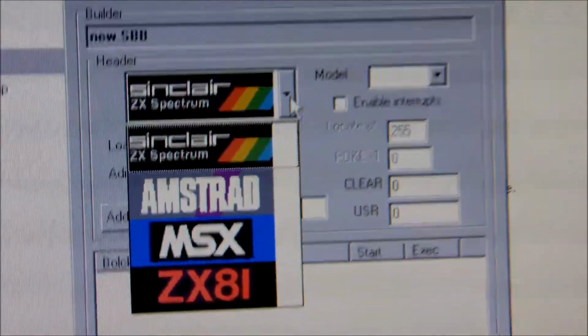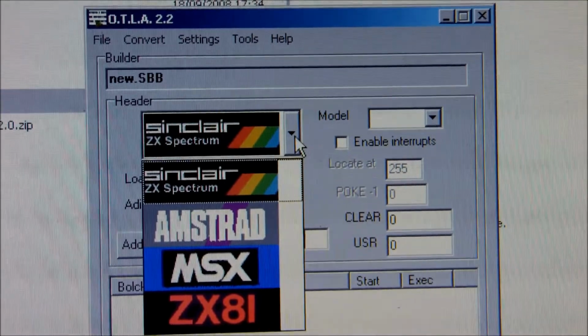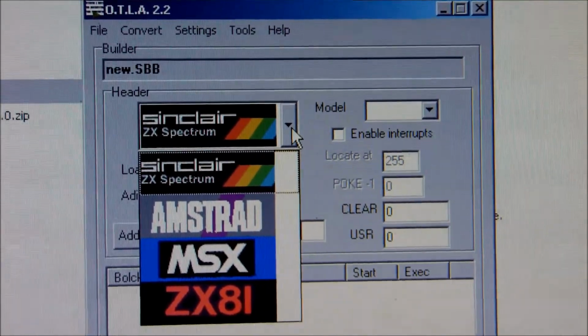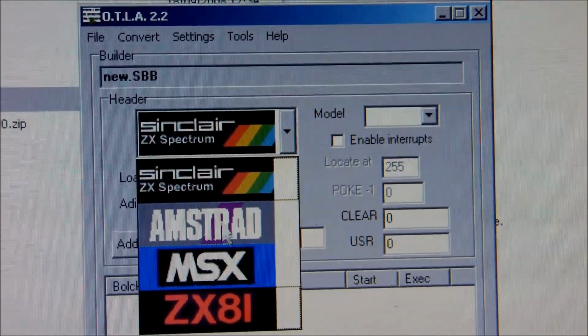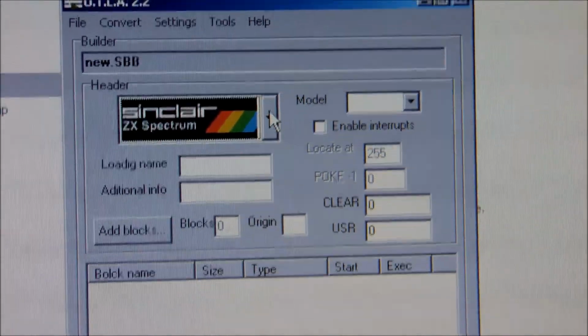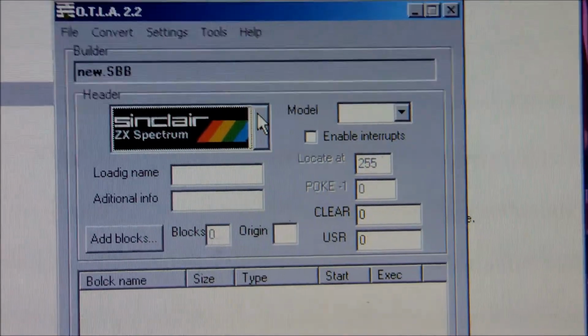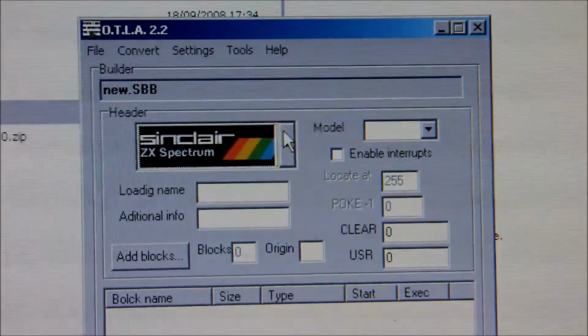It is called the OTLA. I don't know if you are aware of that. I'm pretty sure we can dedicate an episode over this tool, this converter, which is used for many 8-bit computers, as you can see: Amstrad, MSX, ZX81 and Sinclair Spectrum. On top of that, the OTLA makes a turbo loader for